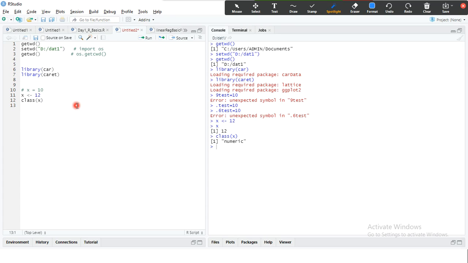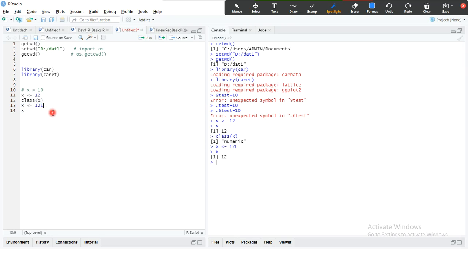Now the question is, this is a whole number, so how can I tell R to consider this as an integer data type? You need to suffix the number value with L, like in Scala. Here x, I'm going to execute this one.